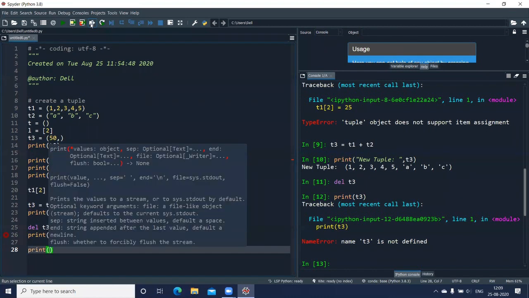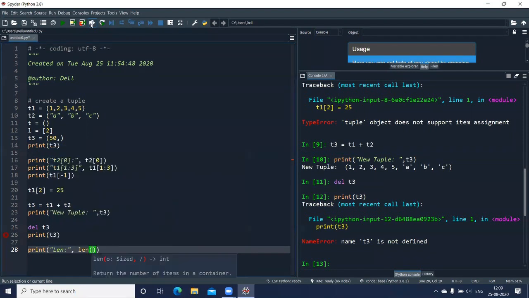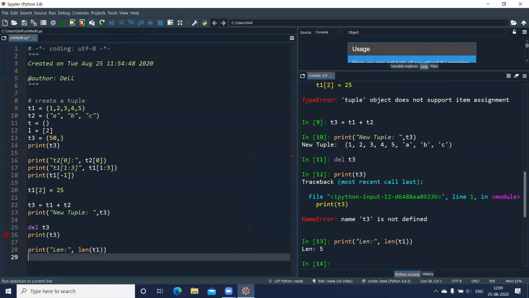So I'll give print, length is, comma, len into bracket T1. So it displays the length of T1. I'll execute this. You can see length of T1 is shown as 5. So there are 5 elements.